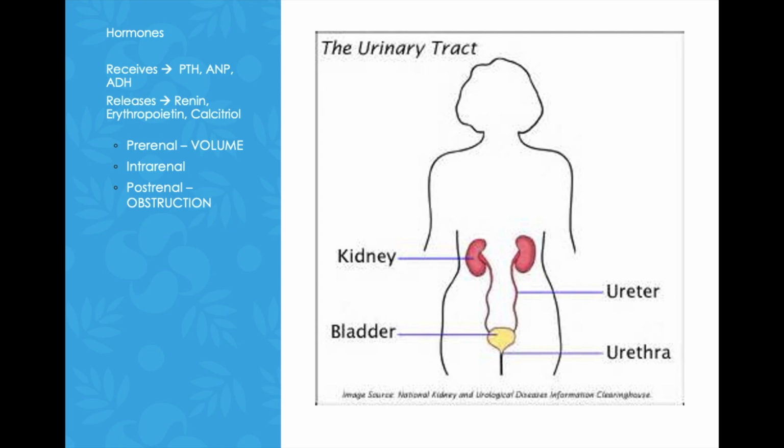Now, post-renal means after the kidney. So any complication that is after the kidney is a post-renal complication. Usually, I always think about post-renal as an obstruction. Why? Because usually it is an obstruction, for example a kidney stone, a congenital problem, anything that happens in the ureters, in the bladder, or the urethra. Any complication that happens after the kidney is called a post-renal